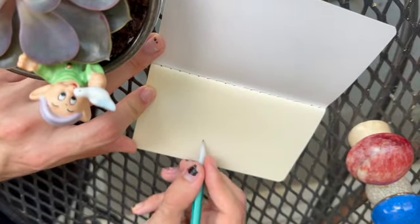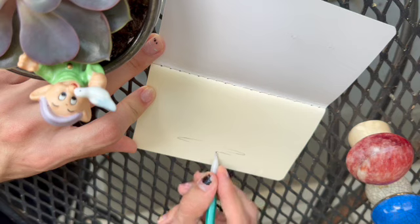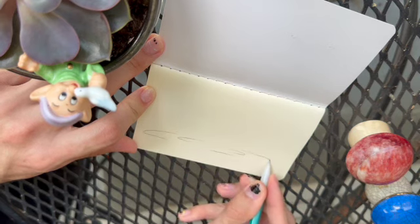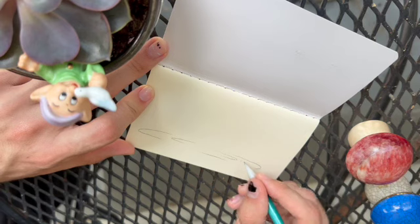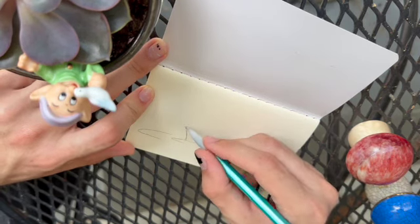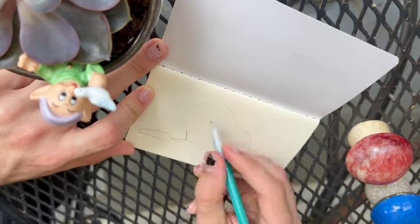Reporting at you live from Nashville, Tennessee. Well, I guess the outskirts of Nashville, exclusively from my house. Joining me here today is my cat, Raven. Yep, say hello, Raven. I'm talking to you. I am doing a little doodle today, in a freshly unwrapped